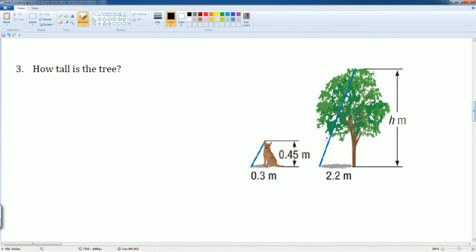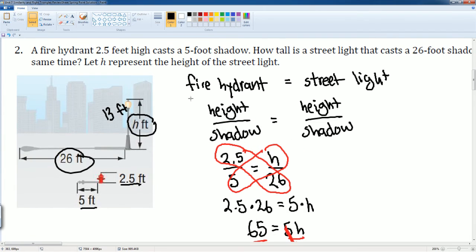Number 3, I'm comparing this tree to the dog. So my ratios are going to be my dog is going to be equal to the tree. The reason why is they cast a shadow, and this shape is a right triangle. You're comparing two similar right triangles. And the way I'm going to do it is like the last problem. I'm going to be comparing the height